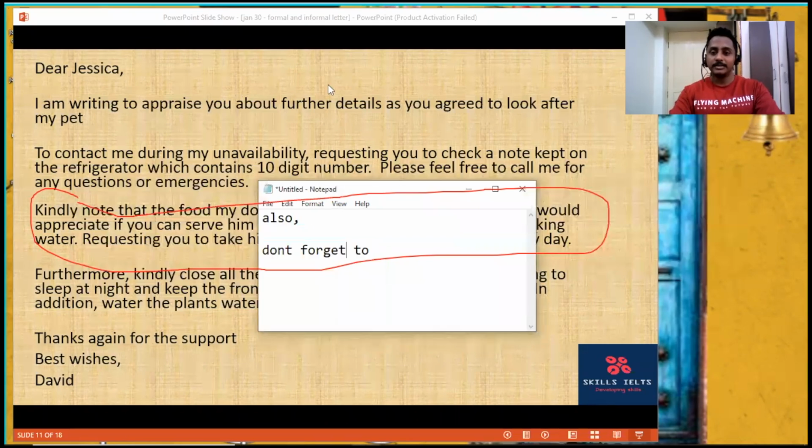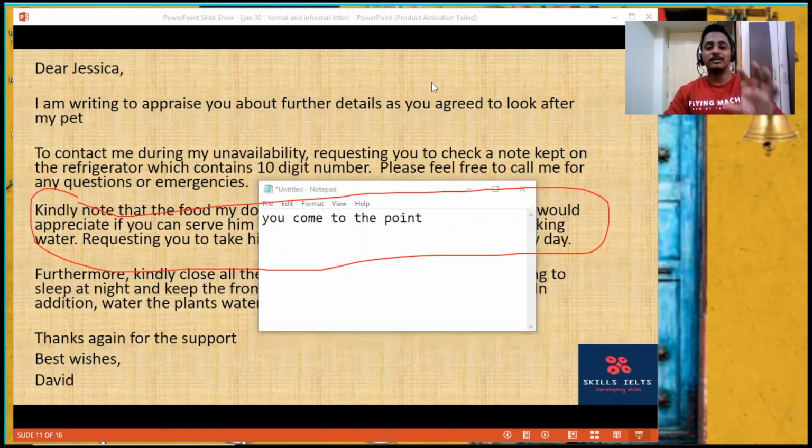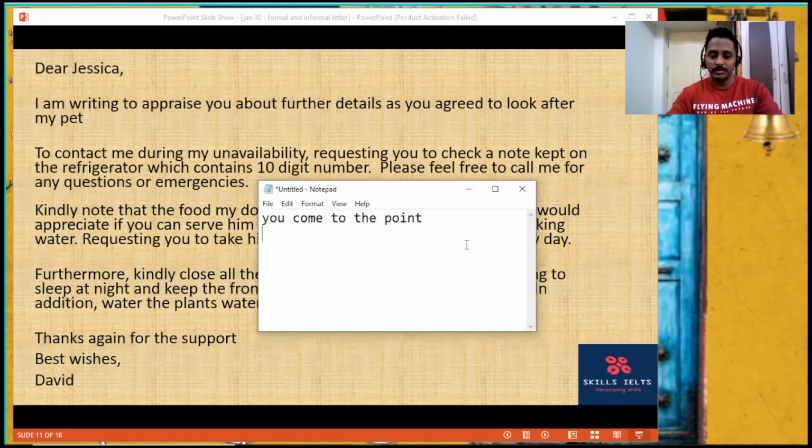See, in a formal letter, you come to the point. Because it's so formal, the discussion is only based on formal things. In an informal letter, you can revolve, you can beat around the bush because you're talking to a friend. Correct? So now, what Sandhya wrote,